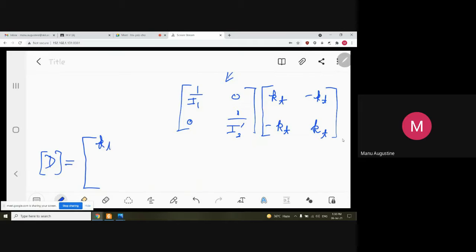This will be KT upon I1. Here it will be minus KT upon I1. Here it will be minus KT upon I2'. Here it will be KT upon I2'. ये आपकी डायनामिक मैट्रिक्स बनेगी।